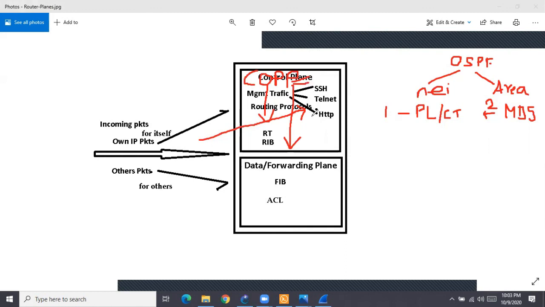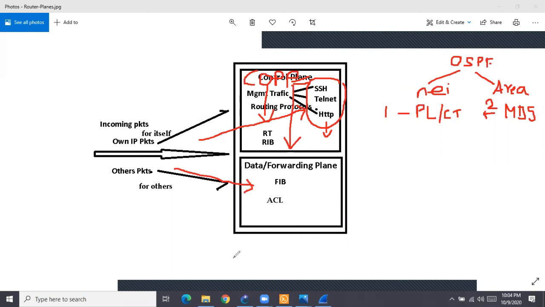Scalable, only a two-statement access list, since it was two applications. How is the syntax of the access list? Also very simple. Permit TCP any, that's it. So easy. Permit TCP any eq telnet or eq HTTP or whatever protocol. You can't deny any other, because in management traffic, control plane traffic means only these guys. Whatever is part of the control plane, only that can be there. Suppose in the access list I define voice traffic or some other application, but if it is not part of the control plane, it will never come into the control plane. It will be forwarded via the data plane.